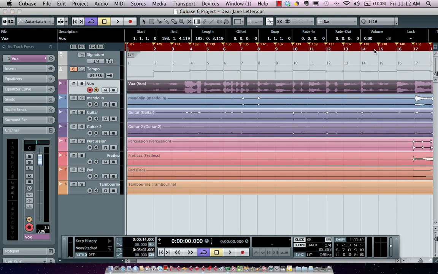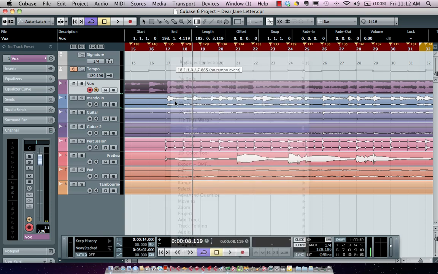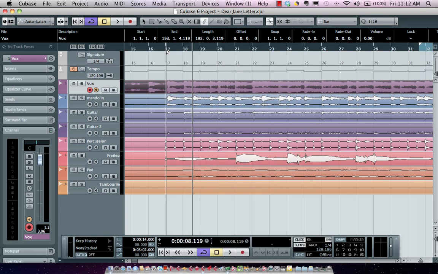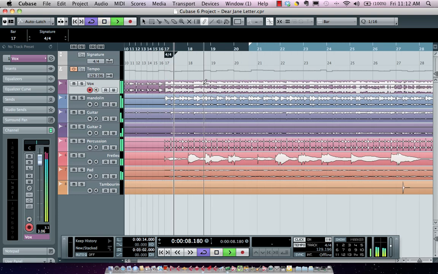So if I wanted to come here, I think we could start maybe around here. 3, 4. So right at the downbeat, what I want to do is drop in, just with my pencil tool on my time signature track, a 4/4 bar. Now as we do this,